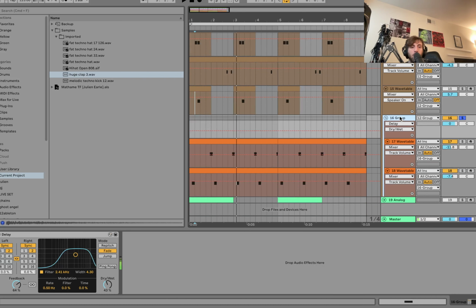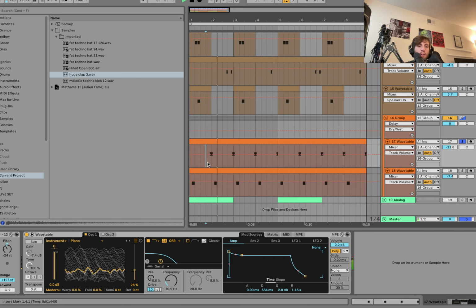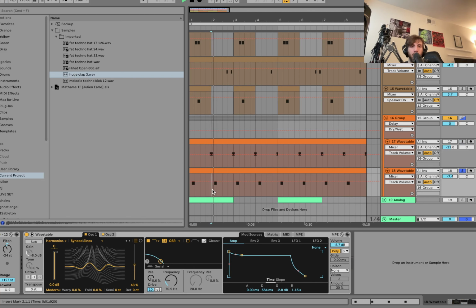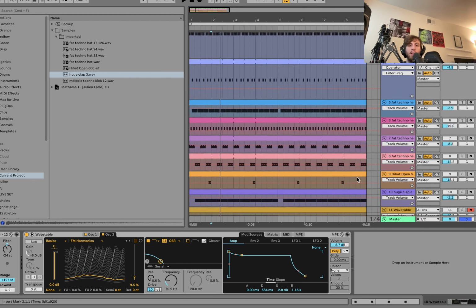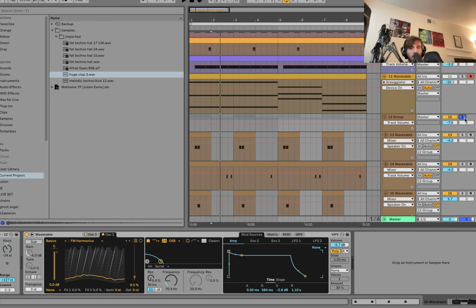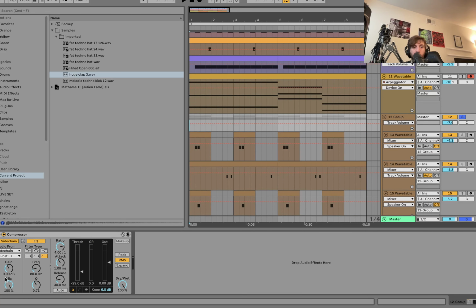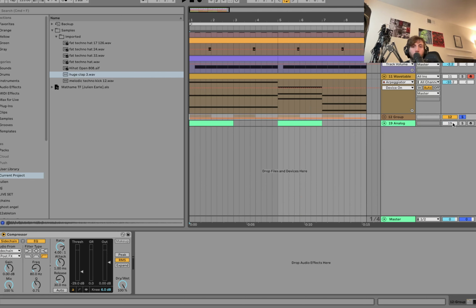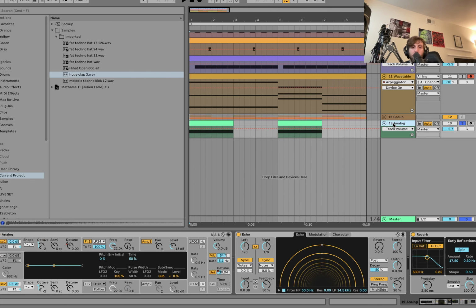Right, these are in a group because they're going through the same delay. This is a piano wavetable, this is... what is it? Yeah, see, it's not that hard. You just have to get going with wavetable synthesis. I really think that's the best way to create these stabs, because you can get something so varied. And then the whole group of those is sidechained. And then the last thing we've got here